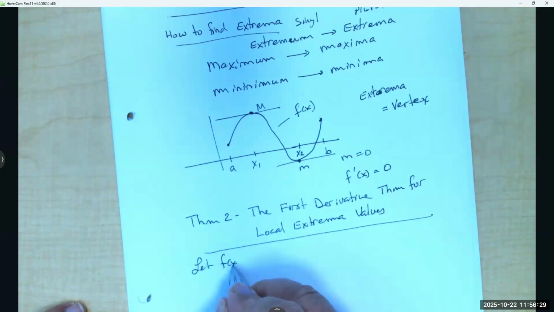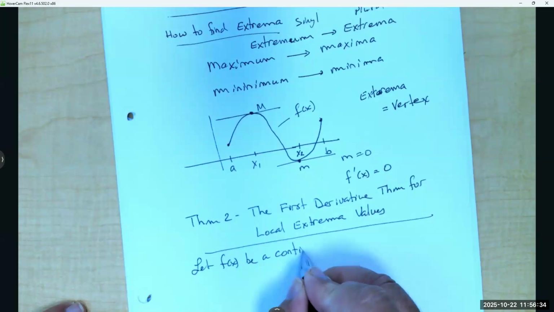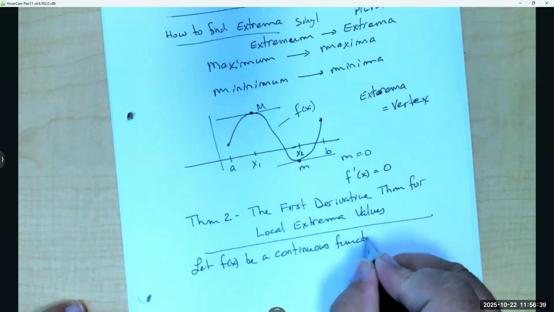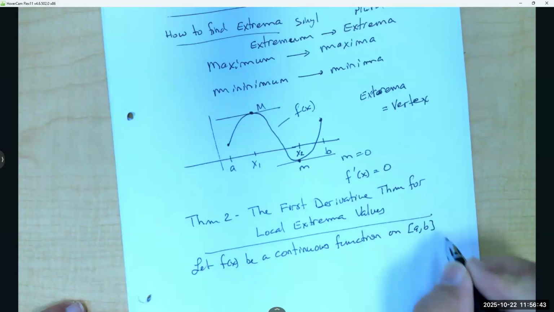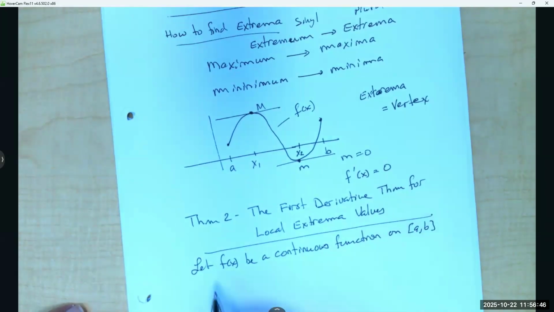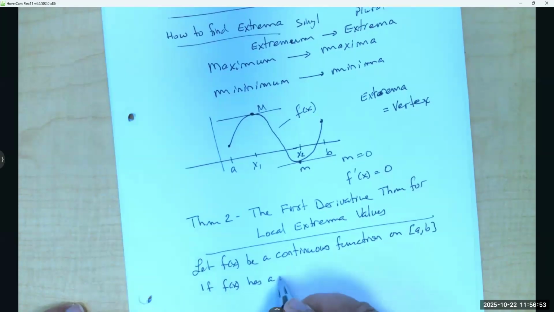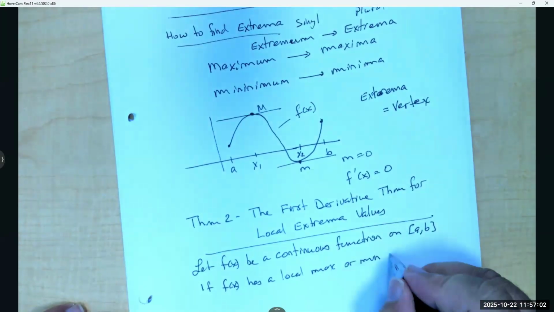So let f of x be a continuous function on a closed interval. If f of x has a local max or min value